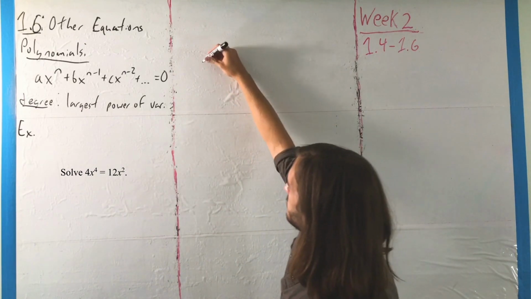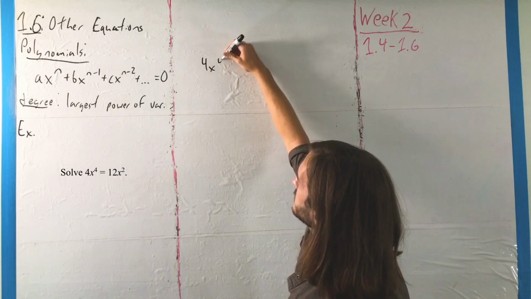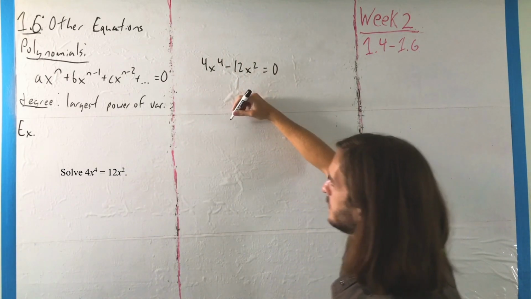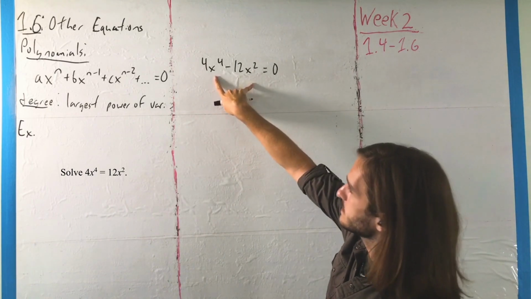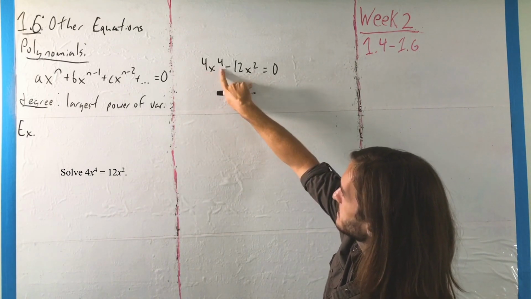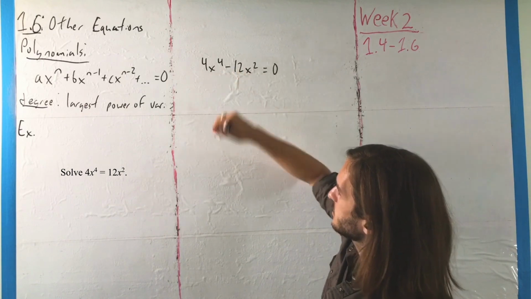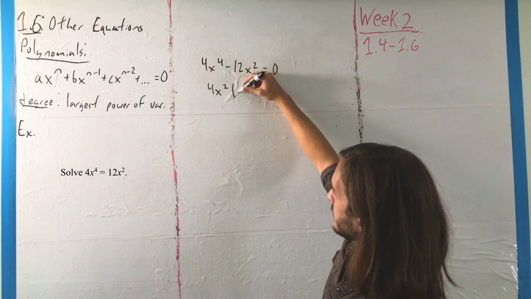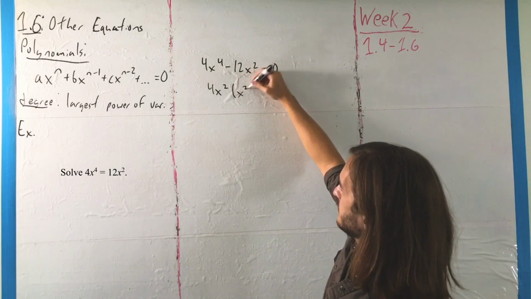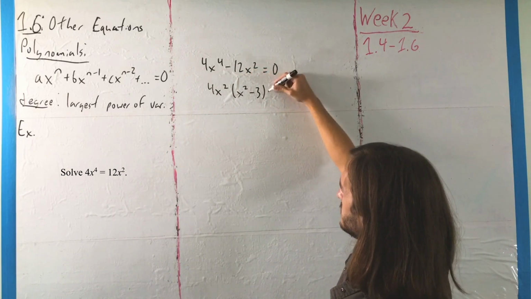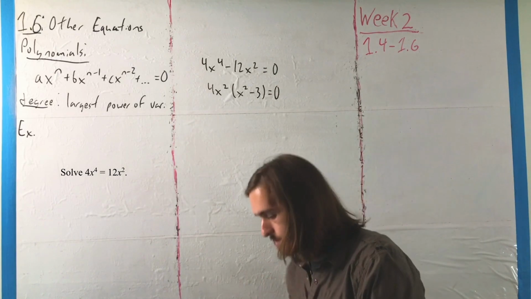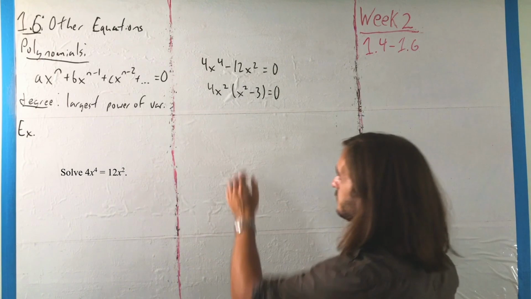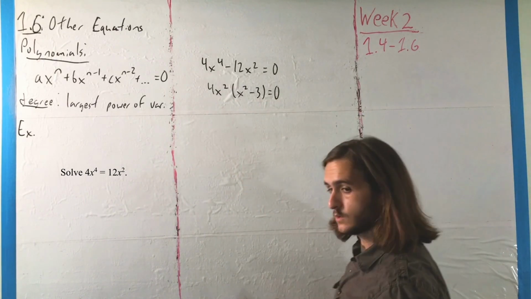If we move that 12x squared over, we would have 4x to the fourth minus 12x squared equals 0. And then from here, we can actually factor this because we see that we've got a 4x squared and a 4x squared there. So we'd have 4x squared times, pulling out that, x squared minus 3 is still equal to 0. And in this case, by the zero product principle, that tells us that either x is equal to 0,